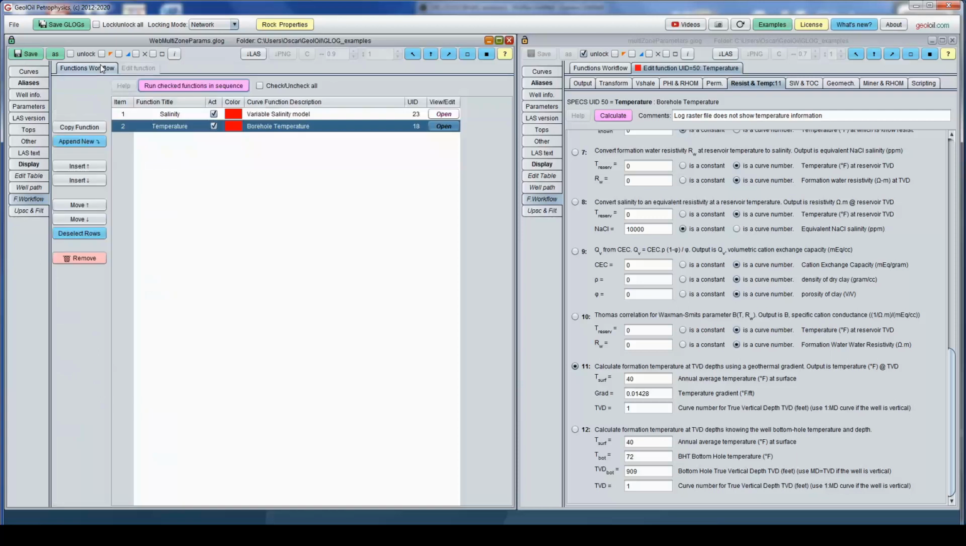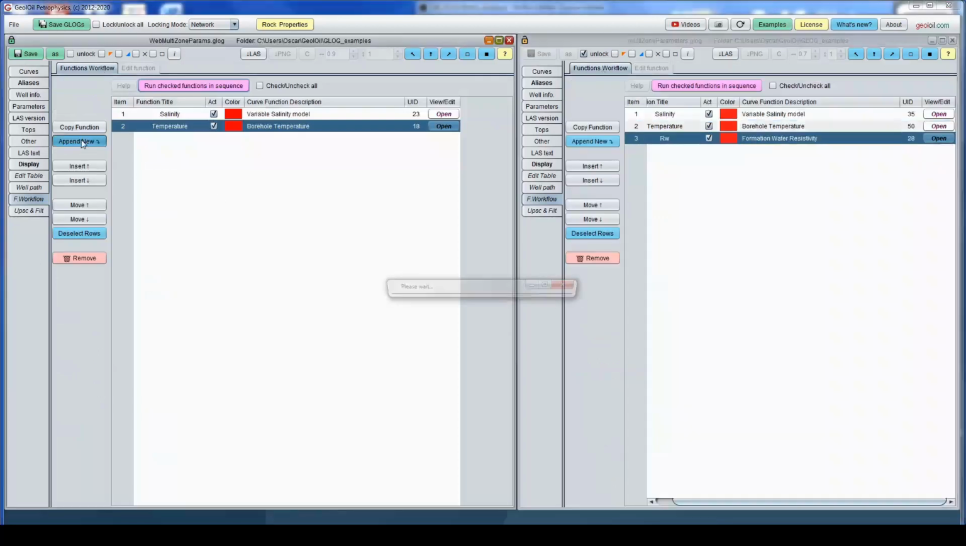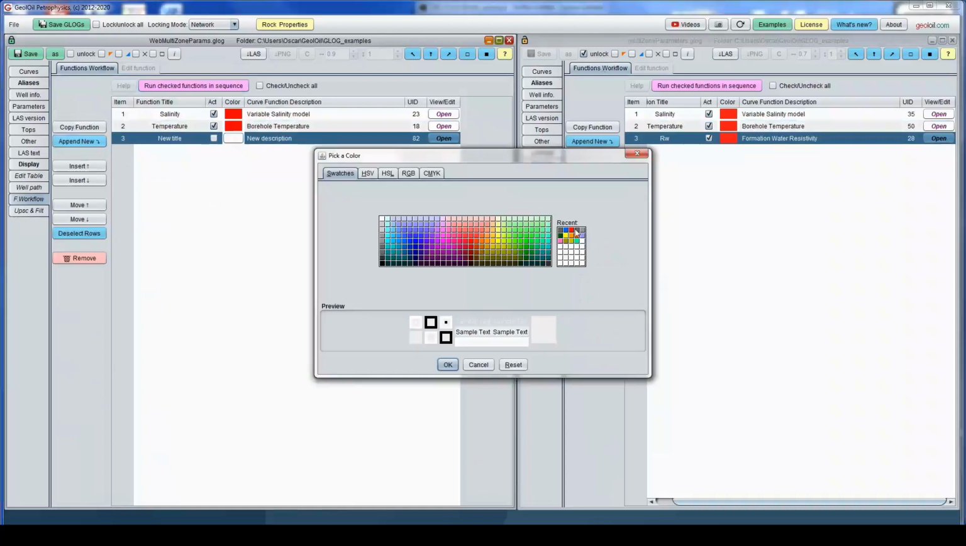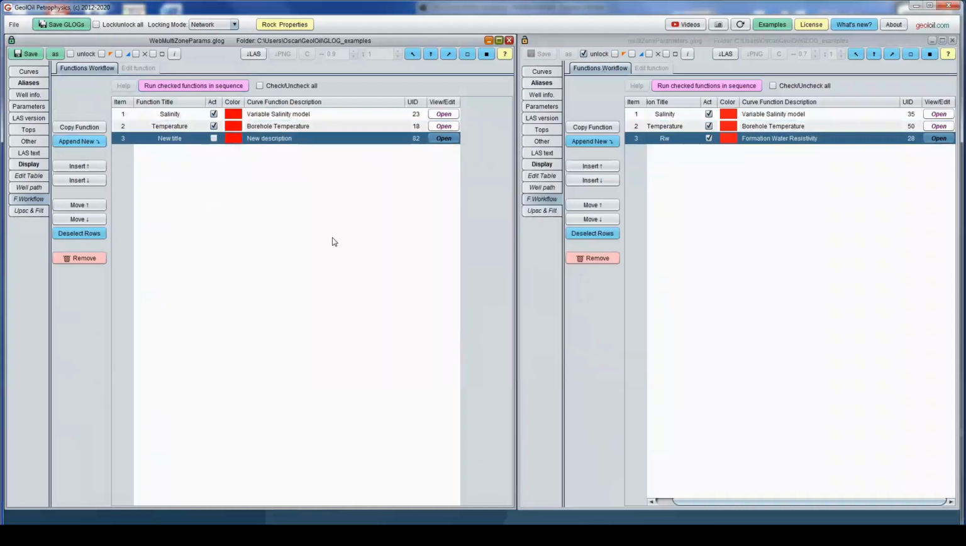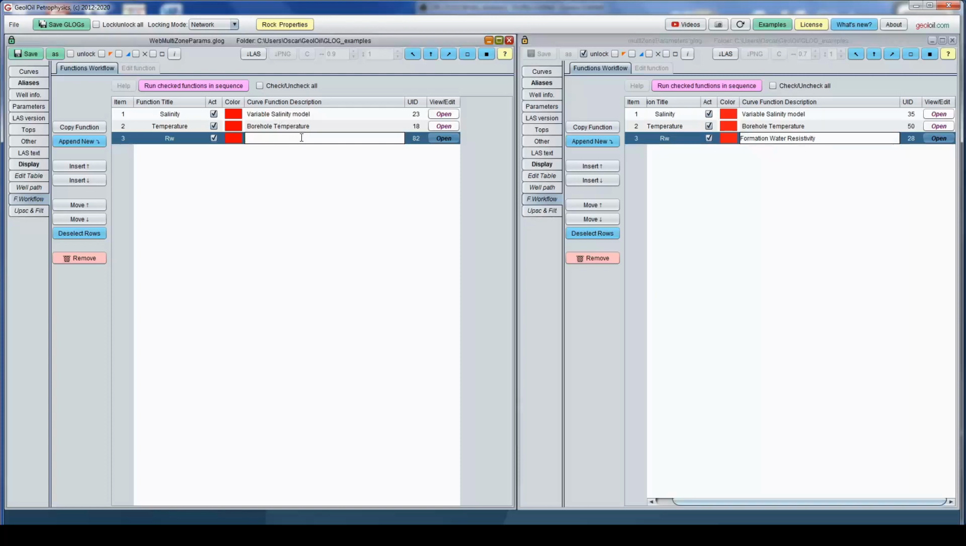Now, function workflow. Let's go with RW and choose a reference color, visual color, red, and call it RW. Description, copy from here: formation water resistivity, a simple example. That's it. Open,